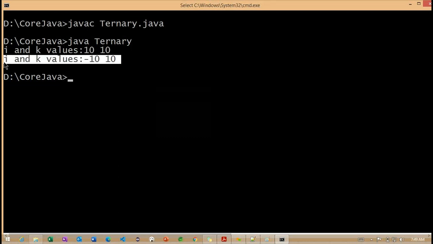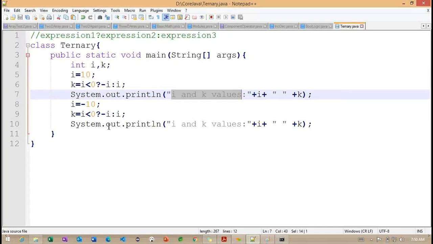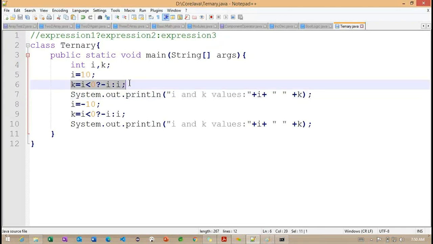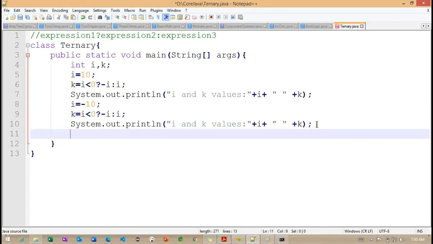And in the same way, if I'm going to change this particular value here, now what is the value we are getting here? So i value minus 10, and the k value also we are getting 10 here. Getting the point. So this is the way we can work with the ternary operators here. Same thing. Now what I'm doing here, I'm going to check with one real-time scenario, like what we identified just now. I'm going to check with the same scenario here.